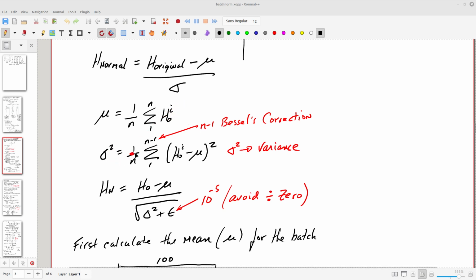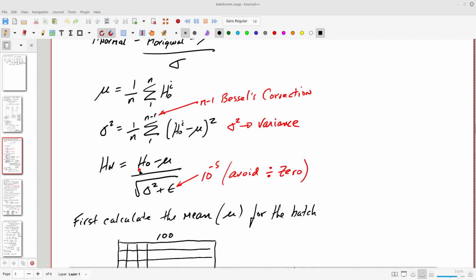The variance is, and again we're using Bessel's correction to get the variance, so it's 1 over n minus 1 of this squared value here. And then our normalized values will be HO minus mu over the square root of that, which is just going to be